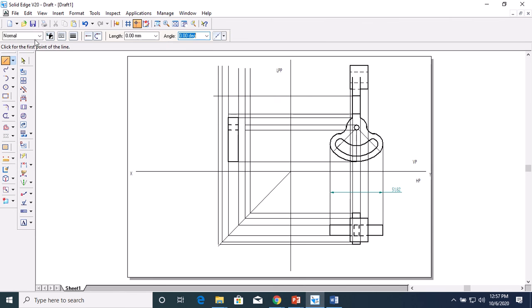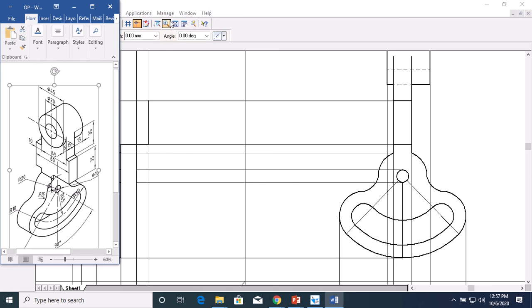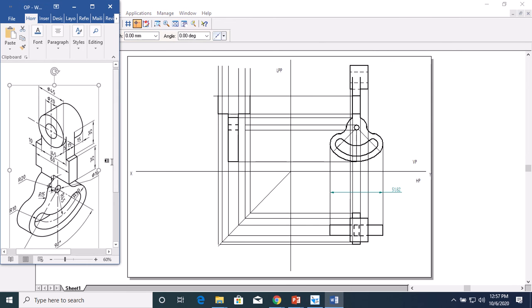Okay, what I have to do here is, I will draw this portion. You have to keep the drawing in your mind and you have to do this up to here, up to here, again here also, up to here, up to here. That surface is visible. So after that, this is what we drew from here to here, 10 mm. 10 mm means this one. Up to this portion you have to draw, and up to here, this portion you have to draw.